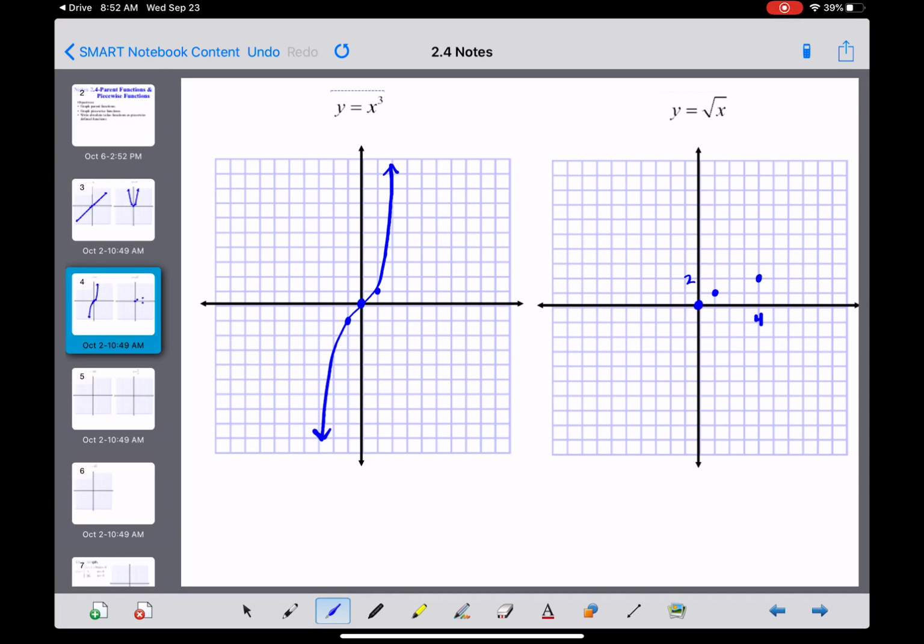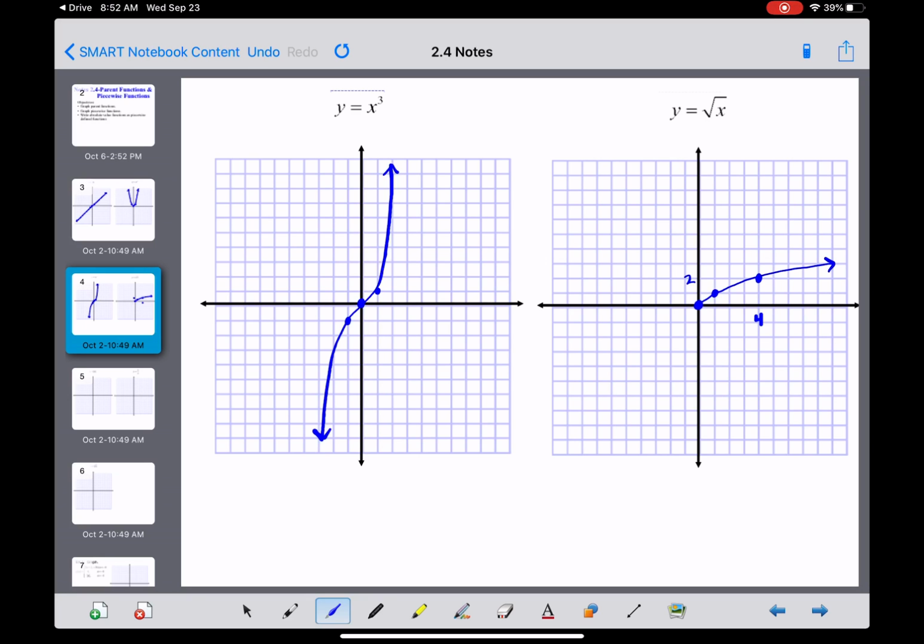Because you'd want a perfect square. The square root of 4 is 2. Okay, and since the square root is in the equation, there's only one answer. It's called the principal square root. So 9 would be 3. Again, I'm not going to be critical that you get through all those, but you should definitely be getting through